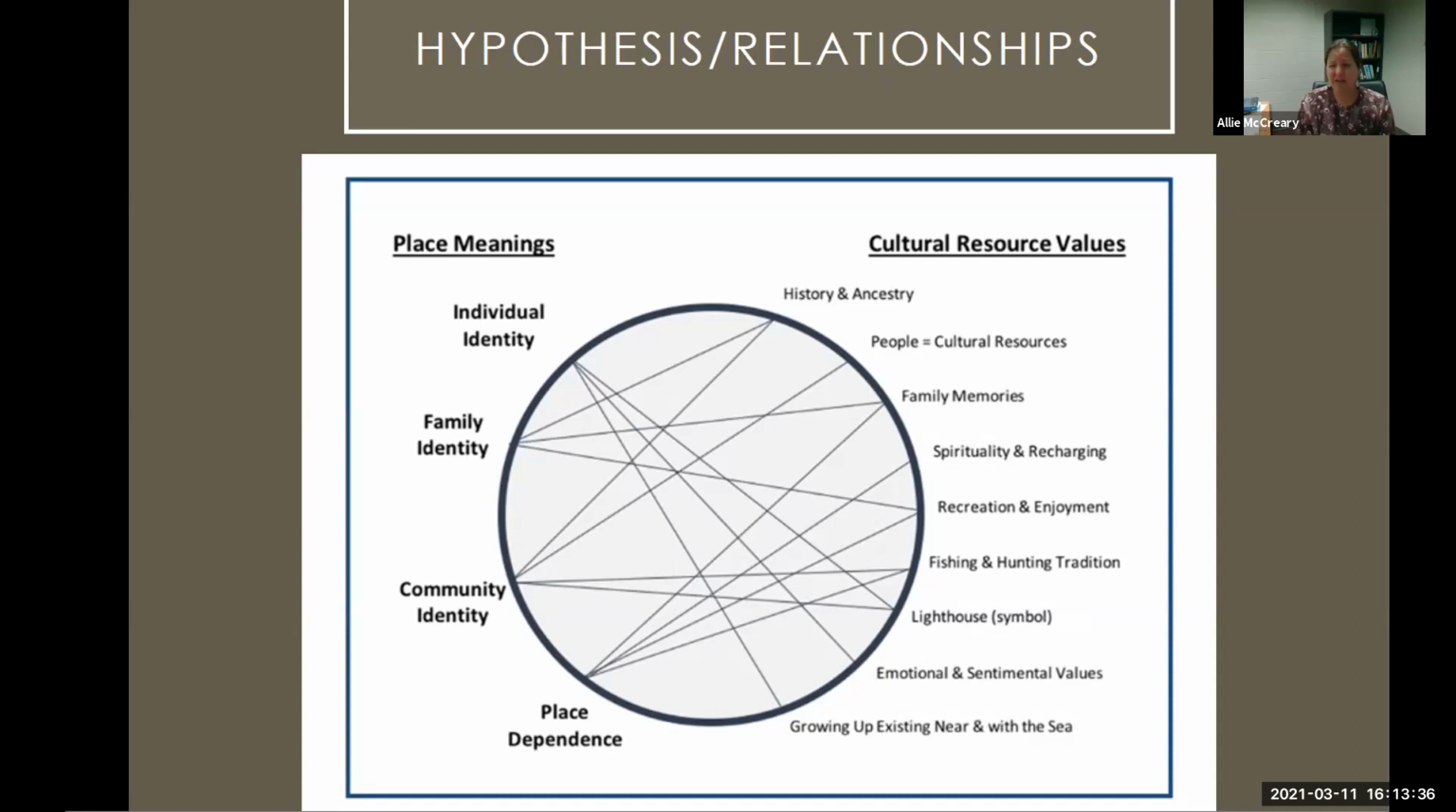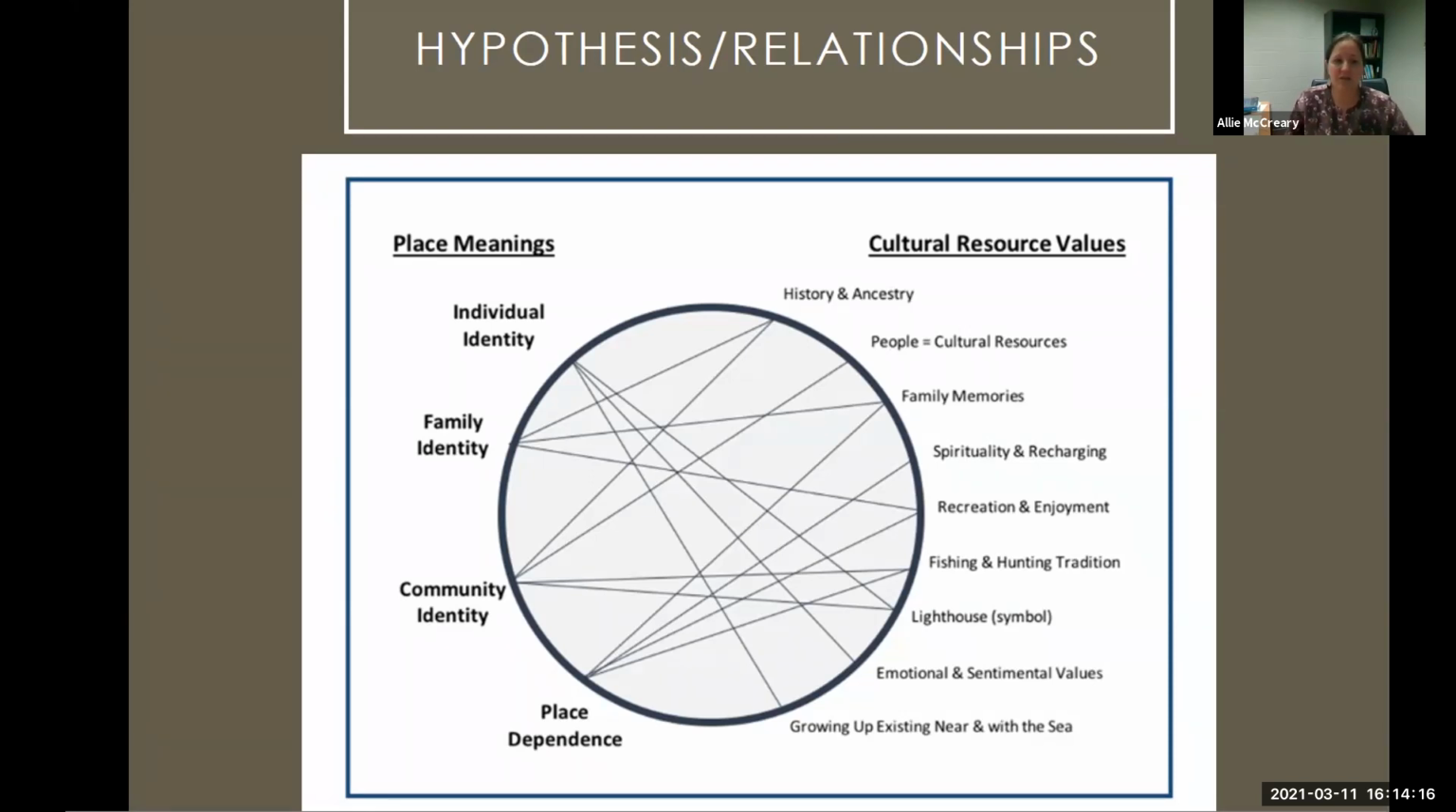Hypotheses or relationships can be kind of tough to visualize. This is one great example a colleague of mine developed where she was going to measure place meaning, so how people become attached to a physical place, and then also what their key cultural resource values were. And so she made this sort of web, I guess you could call this, to try to hypothesize what sort of relationships exist between, say, having an individual identity to an area and maybe valuing things like the lighthouse. This was some research done out on Cape Lookout National Seashore,